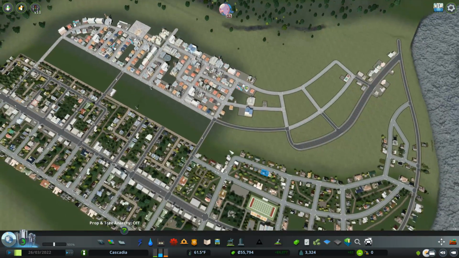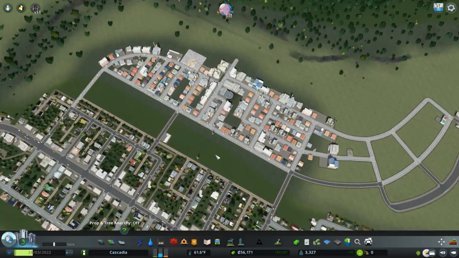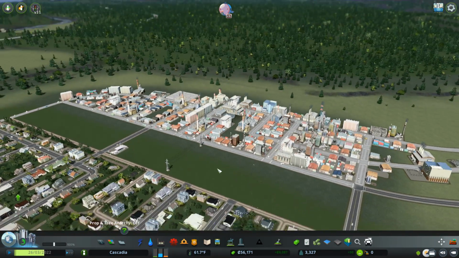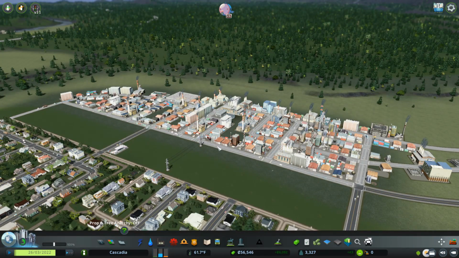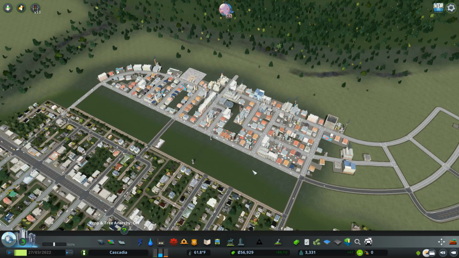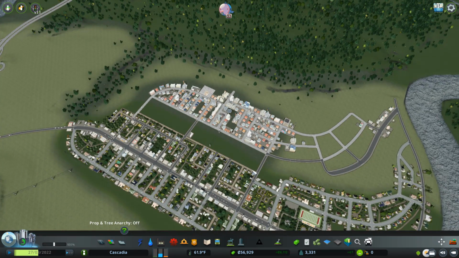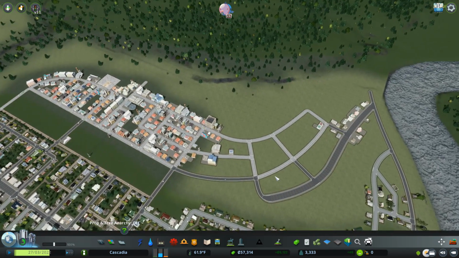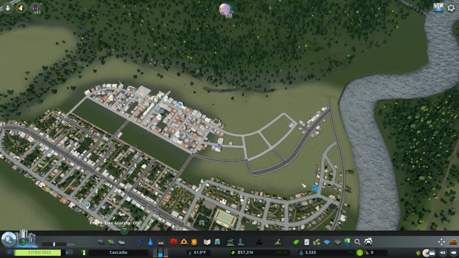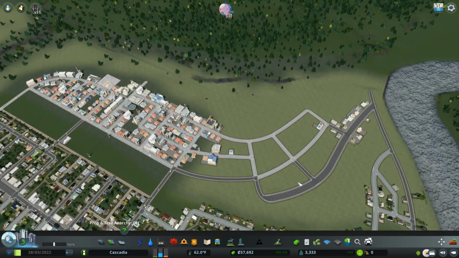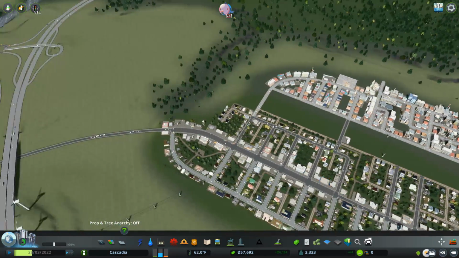If you're wondering how it's possible that I don't have all that ugliness as far as the smoke and the pollution on the ground, I do have the no radioactive mod enabled because I absolutely hate that smog and everything. So now, as things are growing nicely, I think it's time to start working on that thoroughfare to